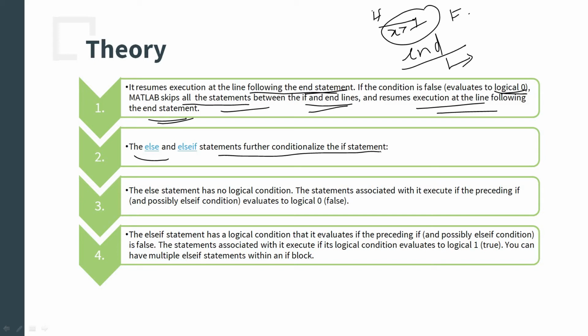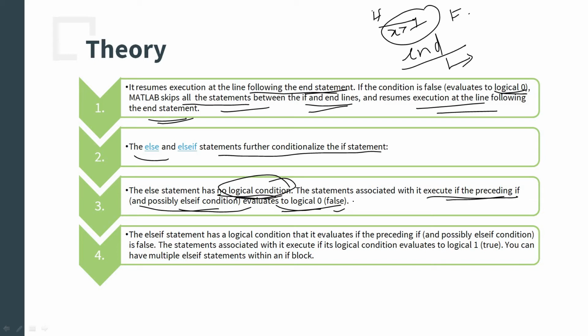The else statement has no logical condition. Else does not require any logical condition. The statements associated with it execute if the preceding if, and possibly its else if condition, evaluates to logical 0. Suppose you have given some conditions and they evaluate to 0, then you can use else.